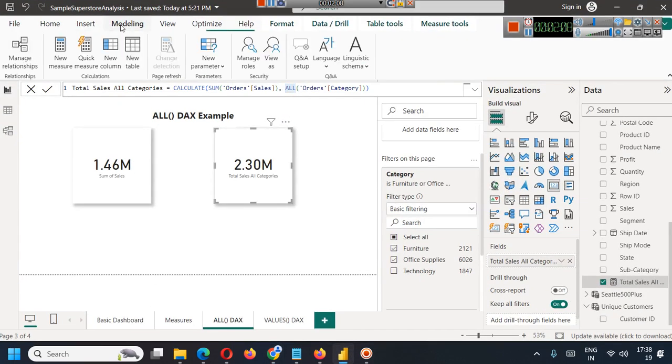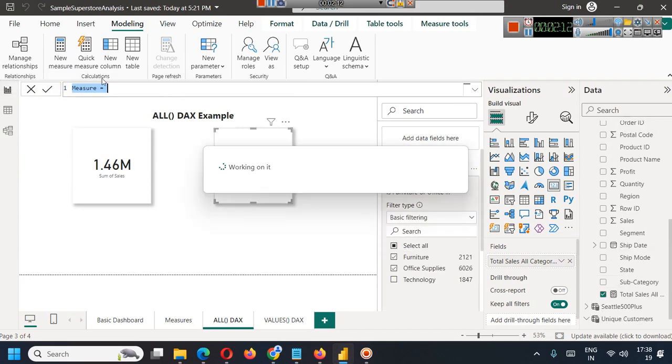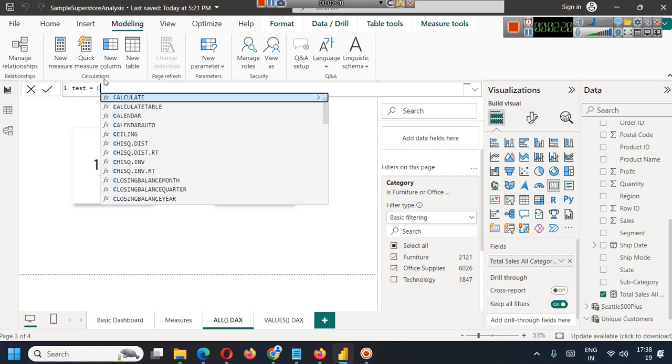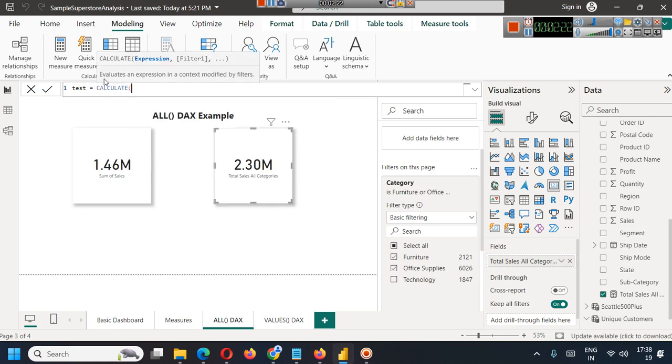Suppose you are in modeling and you are creating a new measure, let's say test, or whatever you want to write, and you use CALCULATE. In CALCULATE, the first thing is your expression. What is your expression? It can be anything, like sales greater than 200, sum of sales, some expression like that,